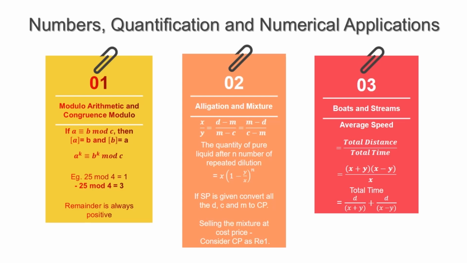There are 5 topics. Modulo arithmetic. In modulo arithmetic, if A congruent B mod C, then the equivalence class of A is the set of values of B. Remember that the question can come as: what are the values for B, or the equivalence class of A. Both are the same answer. Remember, the equivalence class of B is the set of values of A, and the equivalence class of A is the set of values of B.